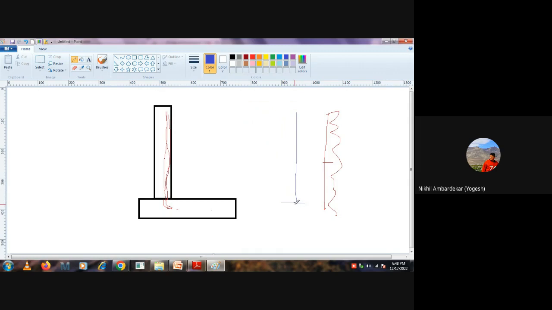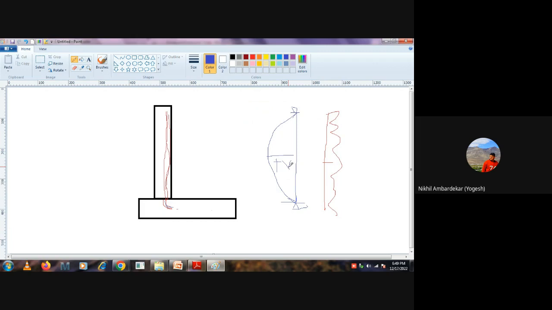This is a pin, and you know, for a pin connection, bending moment will be 0, correct? So bending moment will be 0 at the ends because we have a pin connection, because this bar is not capable of transferring the bending moment to the base slab. The total bending moment will be the same, but the distribution will change. Instead of at the ends, it will be maximum somewhere at the center, and this will be totally